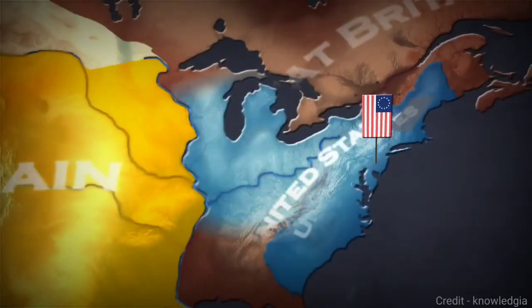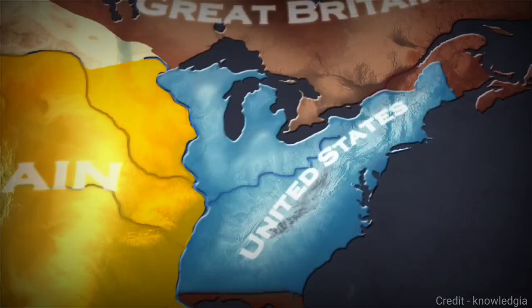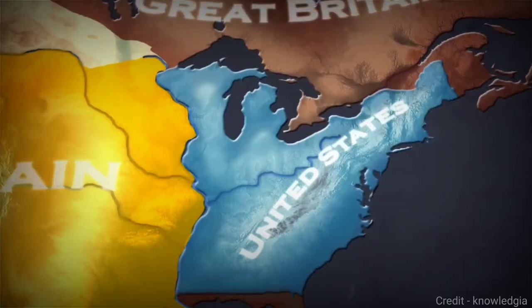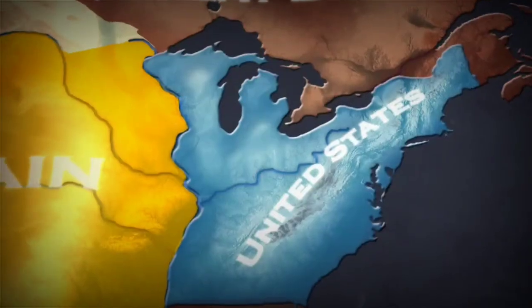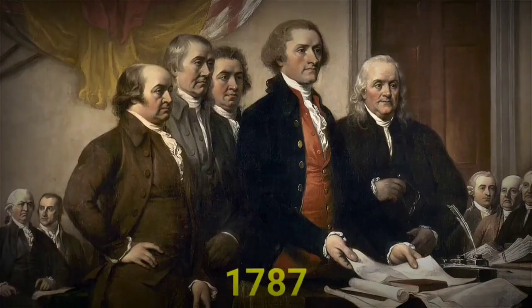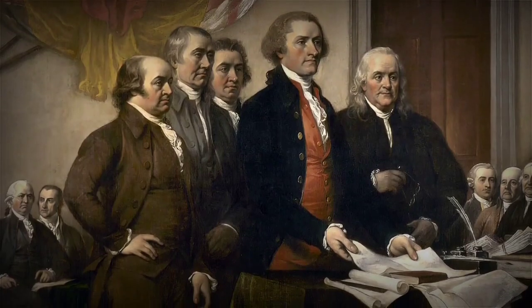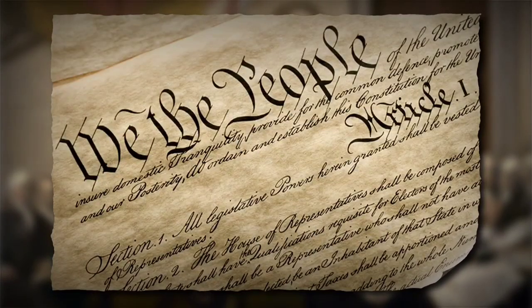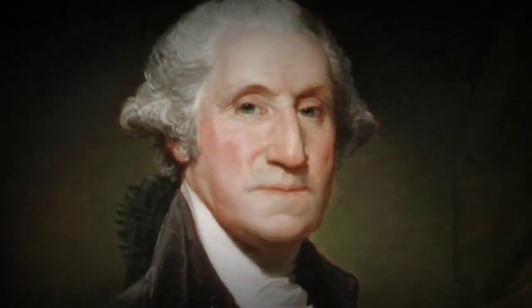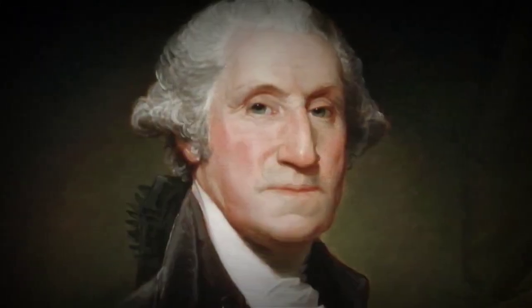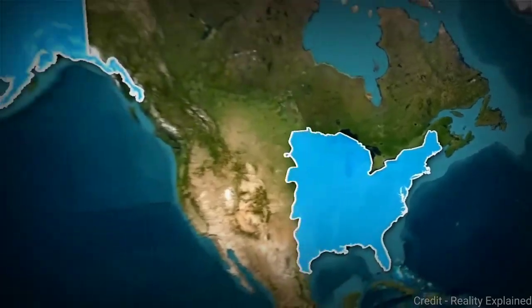The former colonies even gained more territory than they had expected, but freedom didn't mean everything was perfect. For nearly 5 years, their government system was a complete mess. The 13 colonies were acting like 13 separate countries. So in 1787, the Founding Fathers drafted a new constitution and created a strong federal government. In 1789, George Washington became the first president of the United States. From here began the era of American expansion.